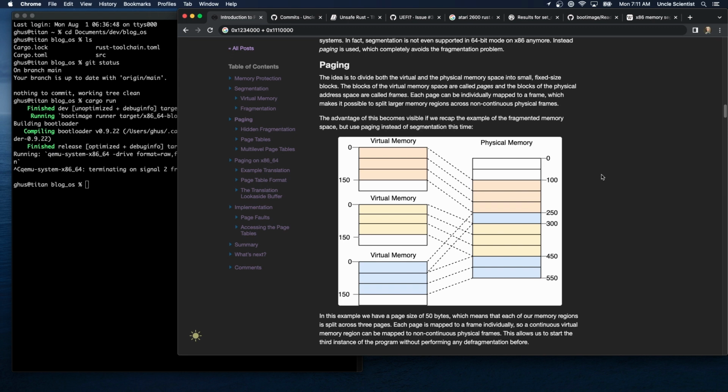All right, so paging is the idea to divide both the virtual and physical memory space into small fixed-size blocks. The blocks of the virtual memory space are called pages, and the blocks of the physical address space are called frames. So we have 3 pages here mapped to 3 frames here. Each page can be individually mapped to a frame, which makes it possible to split larger memory regions across non-continuous